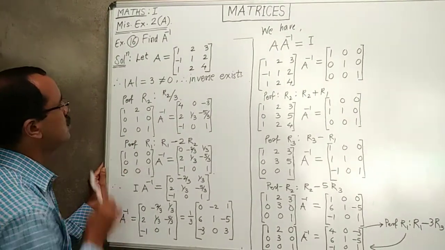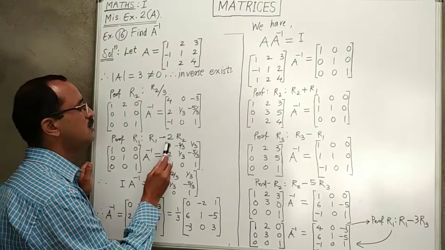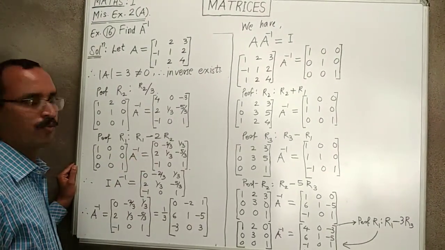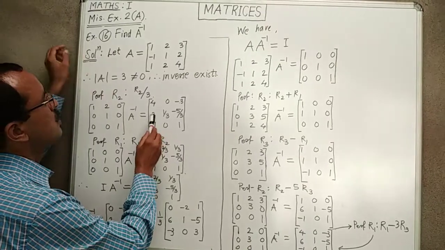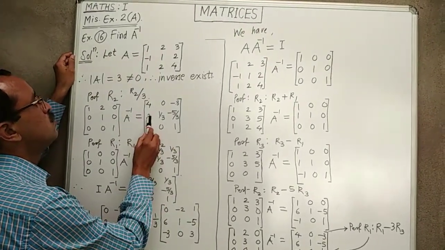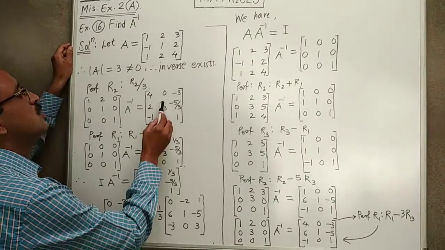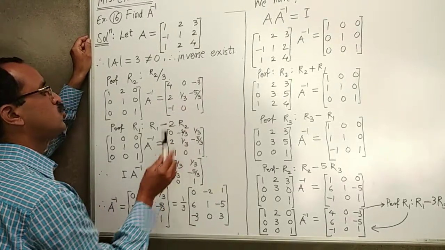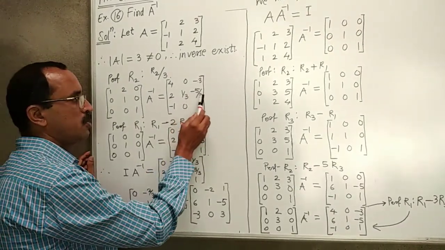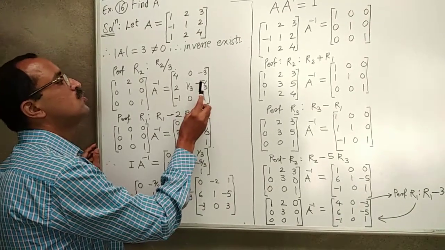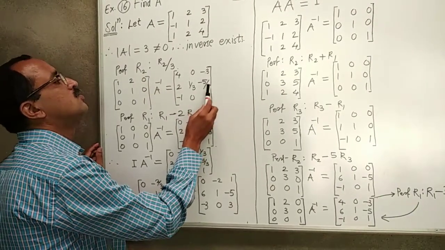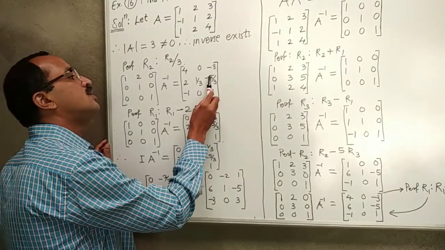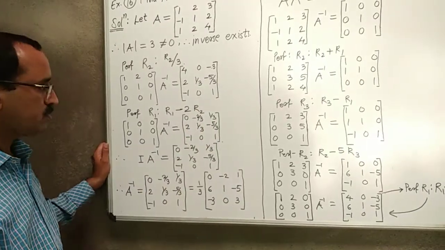So we change R1 in the left hand side. Similarly, we change R1 in the right hand side, accordingly R1 minus 2R2. So we multiply this R2 by 2. This means it is 2 into 2, 4. 4 minus 4, 0 here. Here we multiply 1 upon 3 by 2. So it is 2 upon 3, 0 minus 2 upon 3, minus 2 upon 3. And this last element minus 5 upon 3 by 2, so we get minus 10 upon 3. So 3 into minus 3 means minus 9 plus 10 upon 3, that is 1 upon 3.